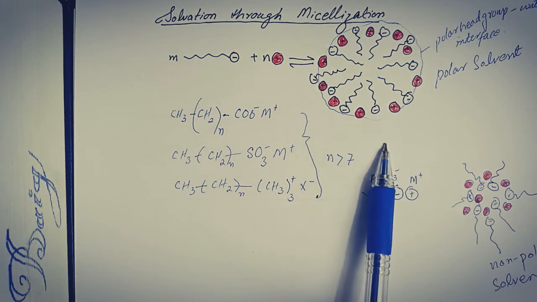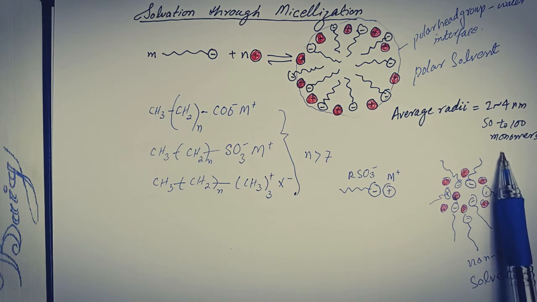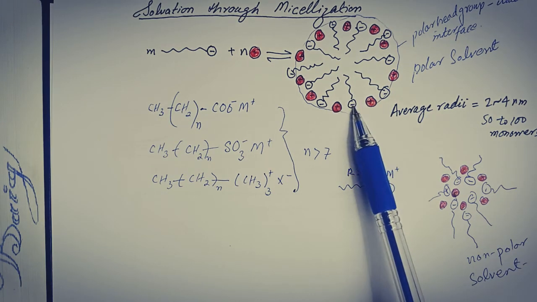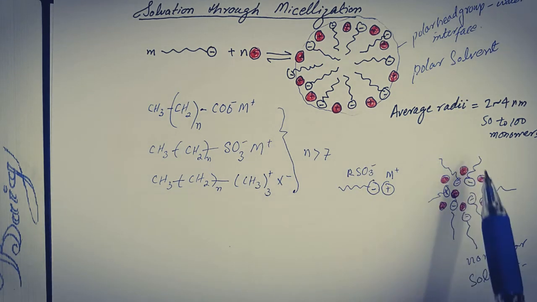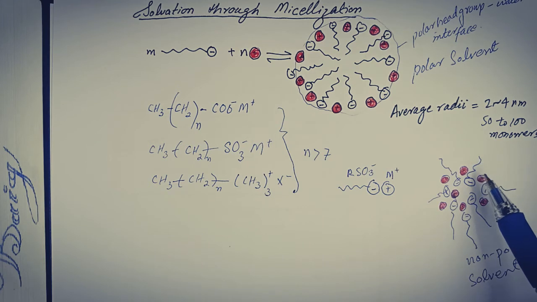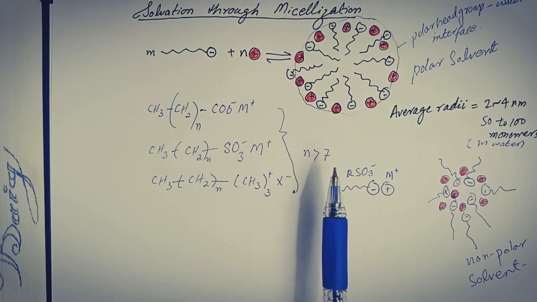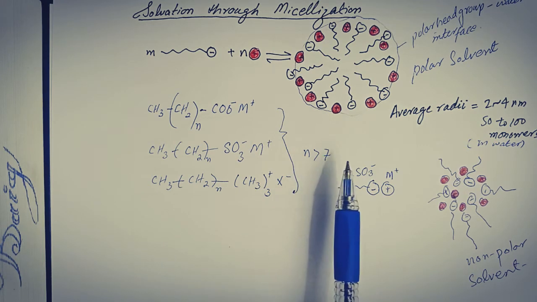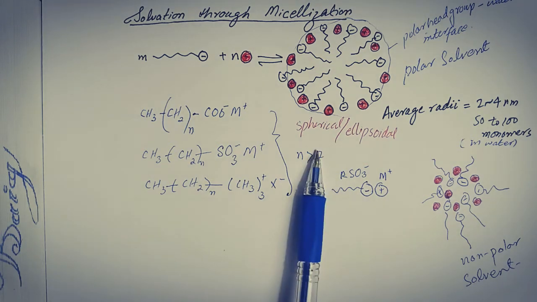These kinds of micelles usually have average radii of 2 to 4 nanometers, containing 50 to 100 monomers, which are these amphiphilic molecules. These micelles are usually observed in aqueous solutions, and their geometrical structure is usually roughly spherical or ellipsoidal,